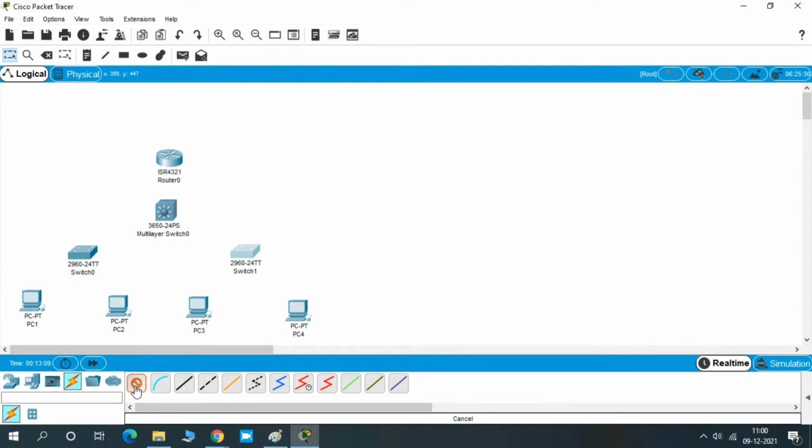So I'm going to click on the first one. By default it will take the cable as per device requirement. So I'm just clicking on the first option. Just point and drag between the devices.